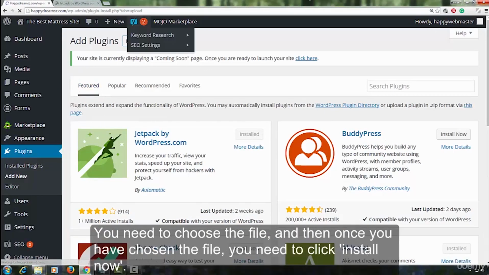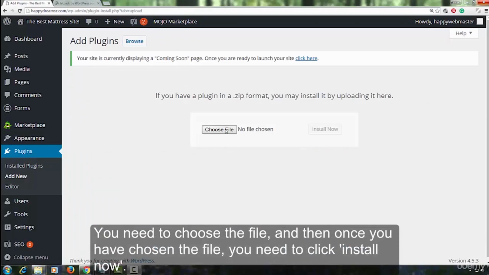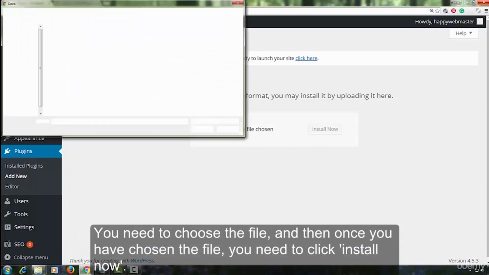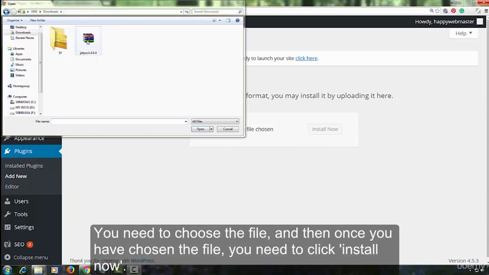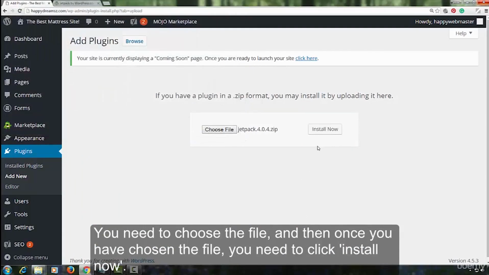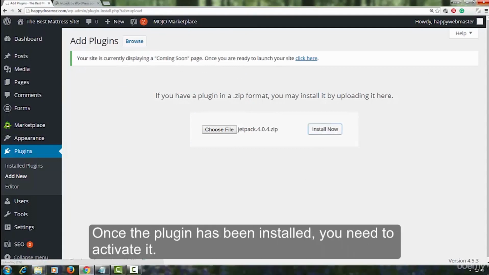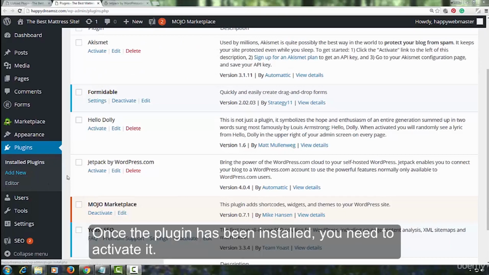You need to choose the file and then once you have chosen the file, you need to click Install Now. Once the plugin has been installed, you need to activate it.